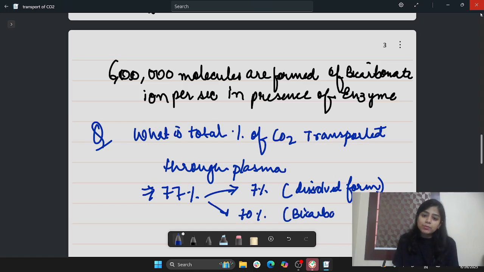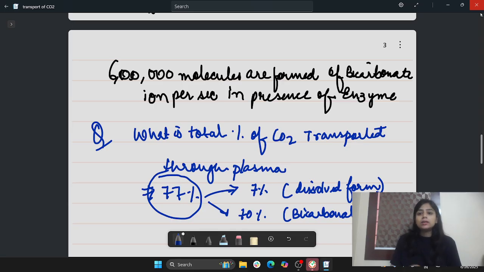This bicarbonate ion formation takes place, student, both in the RBC and also in the plasma, but you know now that there is a concentration gradient. That is why most of the bicarbonate ion is present in the plasma itself, which is acting here as an extracellular fluid. So the bicarbonate ions will bind with Na+ or K+ to form sodium bicarbonate or potassium bicarbonate. That is what I'm talking about with the 77%. That means you have to take the values that are present in the plasma.